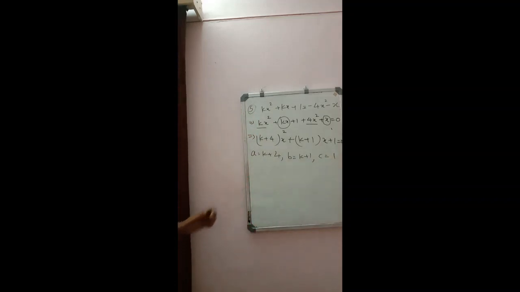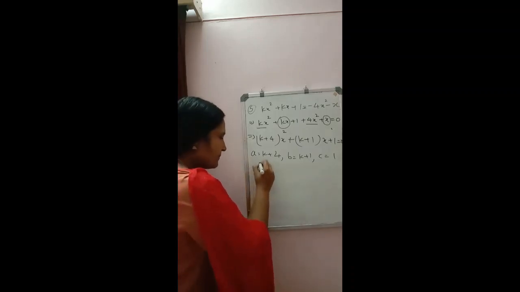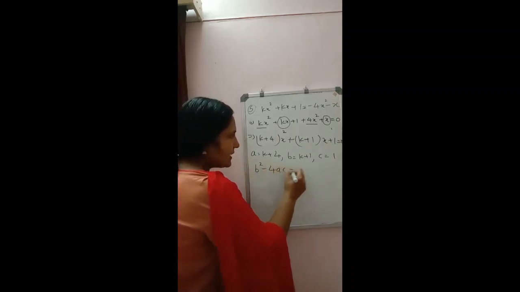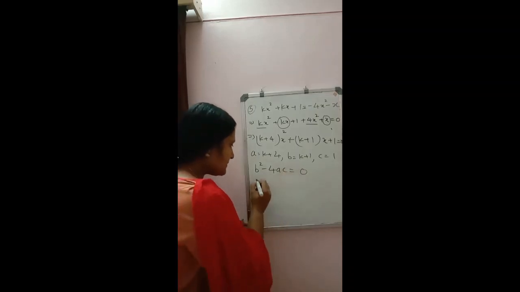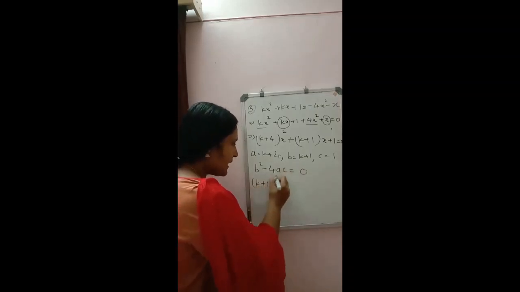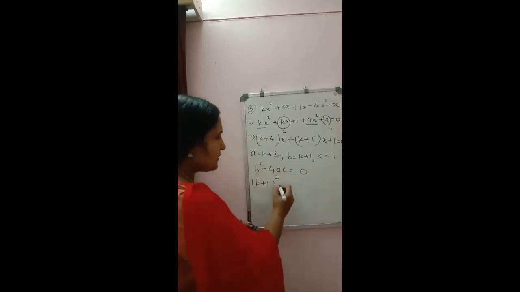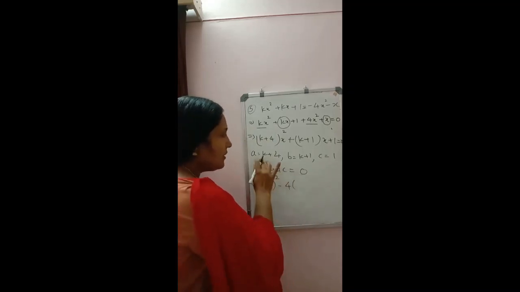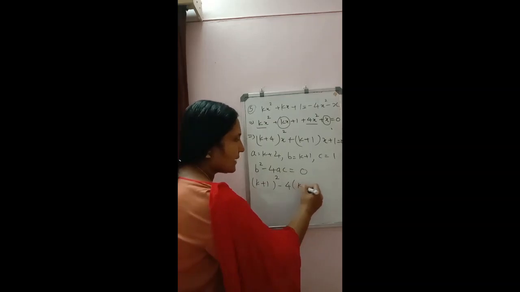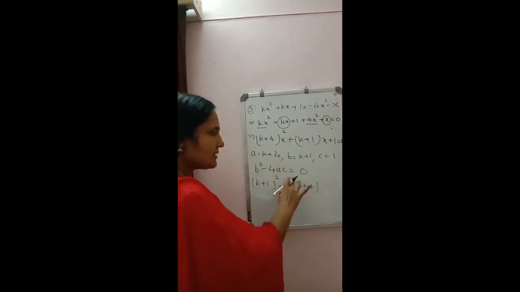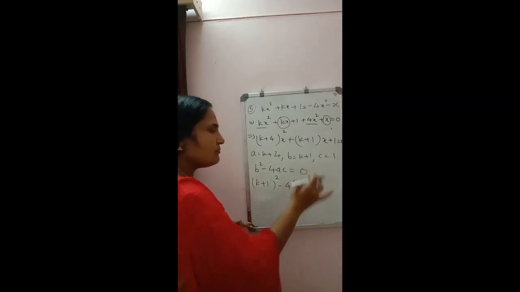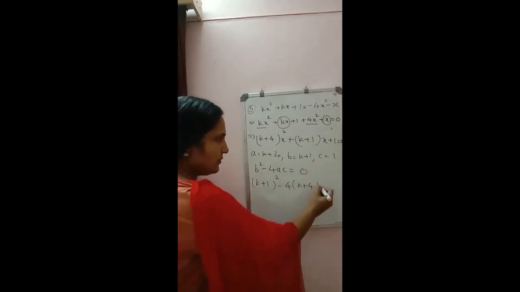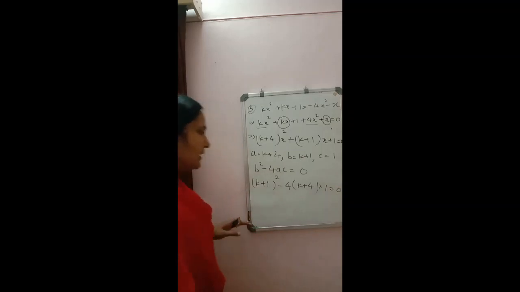Again we will write down the condition. For real and equal roots we have b square minus 4ac is equal to 0. Now substitute the value. In place of b square we have k plus 1, whole square, minus 4 into, whenever two terms are there put the bracket. Otherwise if you will simply write 4 into, you will multiply 4 by k only. You will not multiply 4 by 4 into 1 is equal to 0.